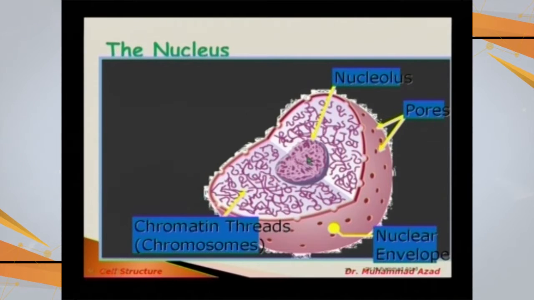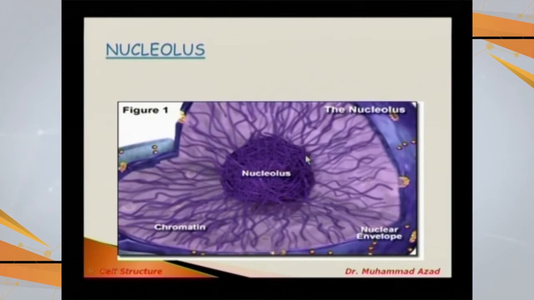this is the nucleolus. There are many students having a confusion that the nucleolus is one of the organelles. It is not an organelle. What is it? If you look at the picture of this nucleolus, basically these are the loops of DNA of different chromosomes. These loops are going to condense together in the middle. So this is not an organelle, not counted in membrane bound, not counted in non-membrane bound.